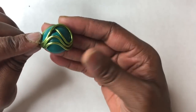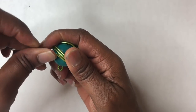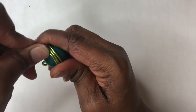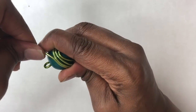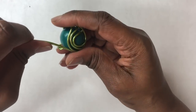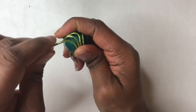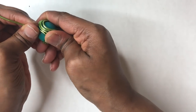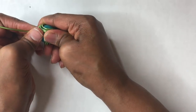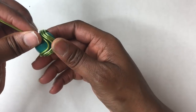Now I hope you all can see where I'm going with this. And then we're going to go around again. Just trying to keep it tight as we go around, making our shape, or our shapes I should say. And then we're going to go back down again, and we're going to bend it just like that. Now we're going to press. We're going to try to keep pressing this down to keep it down so it can be nice and tight,